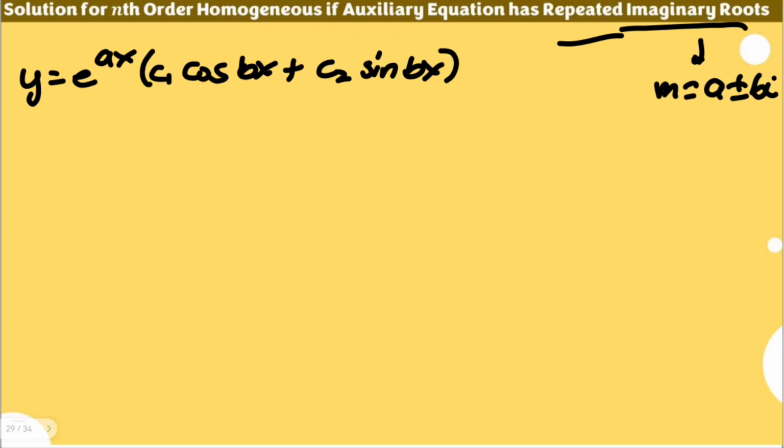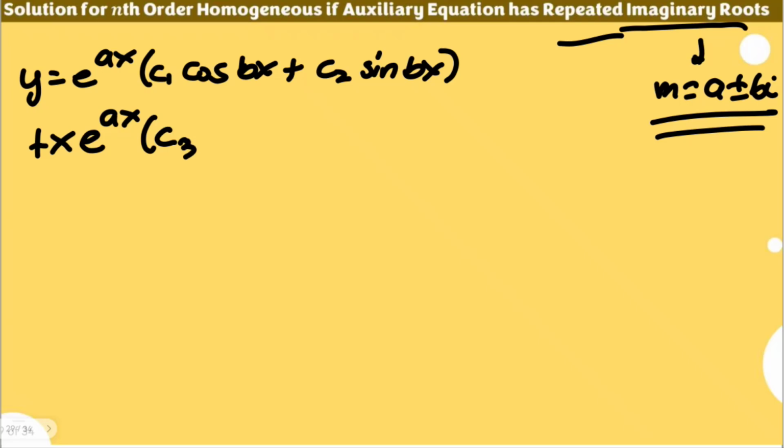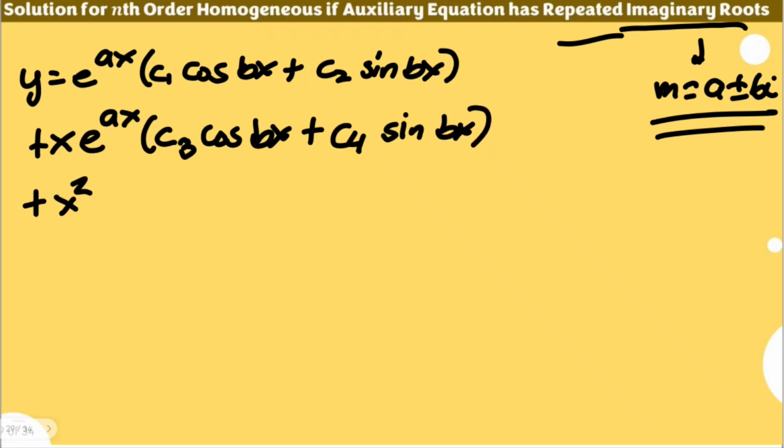But if it repeats, meaning this root has multiplicity more than 1, you will be adding another e to the power of ax as well. But we have another component x, or you're going to write it in this manner, plus x e to the power of ax, okay? And then you will have times c sub 3 cosine of the same bx, plus c sub 4 sine of bx. And if it repeats again, it will be like this, x squared e to the power of ax still, okay? And then you will have c sub 5 cosine of bx plus c sub 6